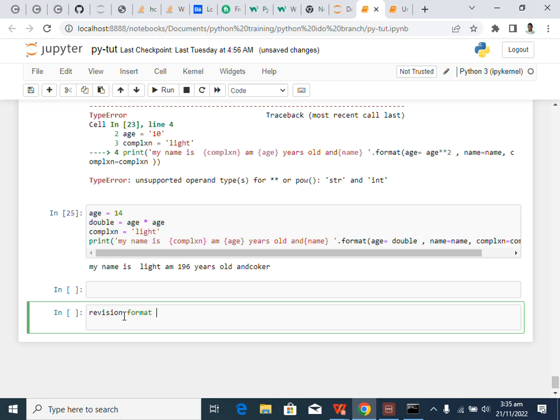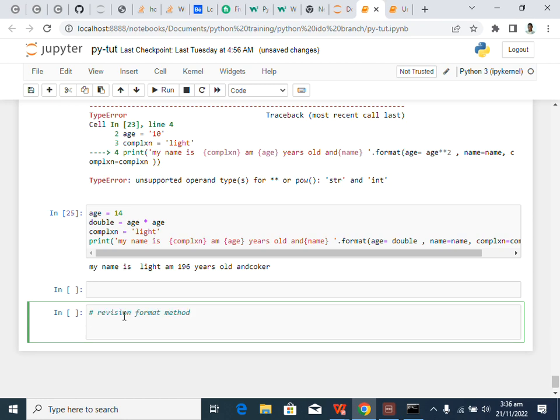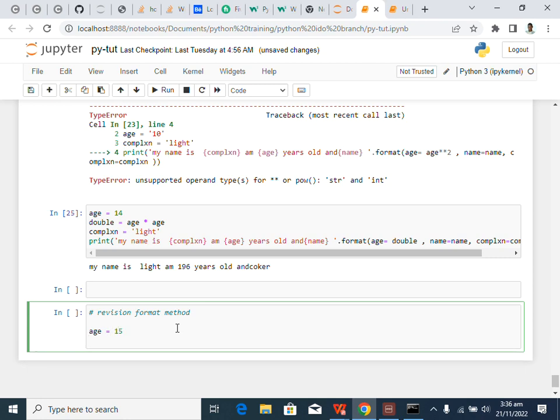Let's take for instance now, let's say I actually wanted to do one or two things like this. Let me take age here. I have an age variable assigned to maybe 15. Then using the print method now, I wanted to print the age with a message. Maybe I am